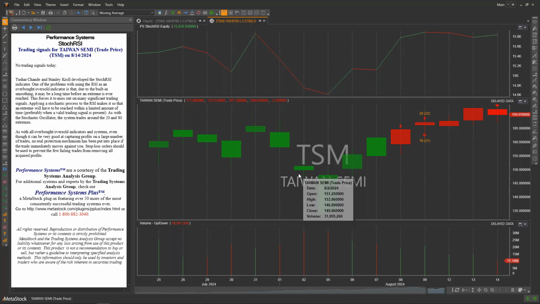So with system testing, it allows us to go through, and I think we just tested about 300 different ideas. It allows us to say, well, what works? In this case with TSM, stochastic RSI worked really well. Now, I would encourage you to go in and learn about these indicators. Look at the buy and sell signals. Look at the indicator itself and use that to learn about the markets, because I think learning and understanding why you're trading is very helpful in your discipline.